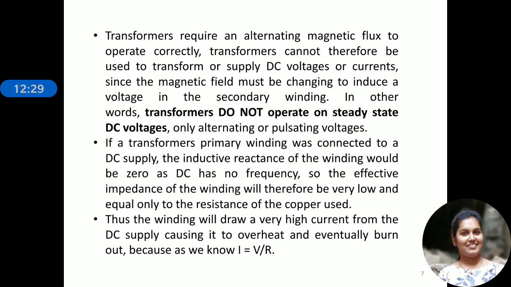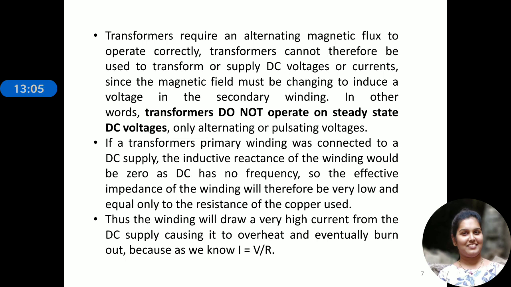For example, if a transformer's one winding, which we call the primary winding, was connected to a DC supply, the inductive reactance of the winding would be 0, as DC would be 0, because we know that for DC there will be no frequency, right? So the effective impedance of the winding will therefore be very low and equal only to the resistance of the copper used. Thus the winding will draw very high current from the DC supply, causing it to overheat,